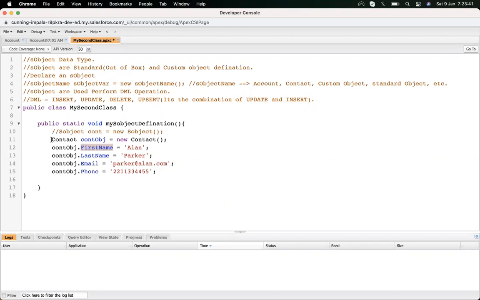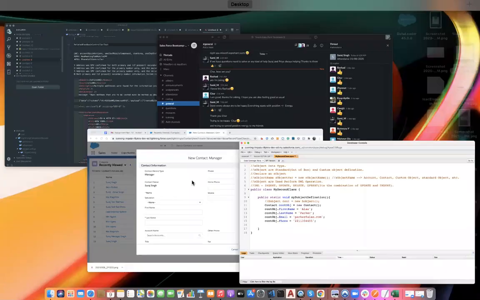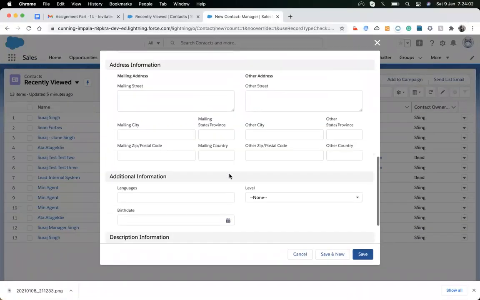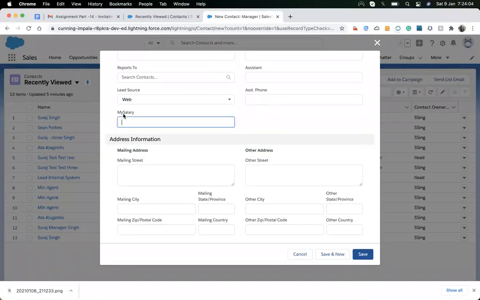So we just create an object, and then we use dot, and all the field names are accessible here, and we assign values to those field names. We are doing nothing else, just assigning values to the field names. Okay, I created a field called my salary.